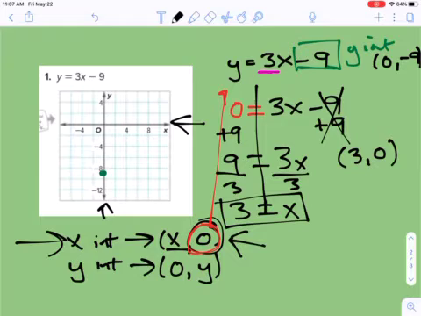Because if you put 0 in for y and solve for x, you get x is equal to 3. So that would be my x-intercept. All right, and so you would just go to the point (3, 0). We'll use black because that's what we've been using. And then we